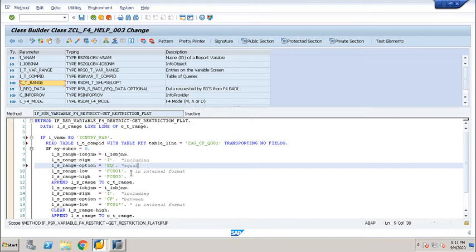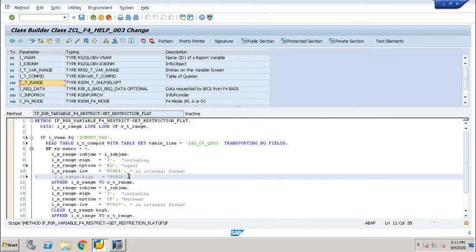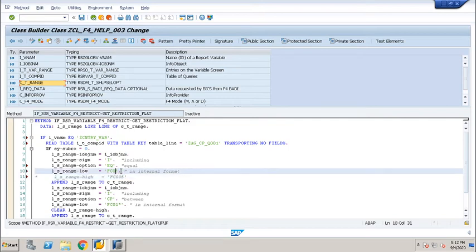I just commented out this high section, because we have only equal, so we have to pass the value in the low. For the first value I will pass India.